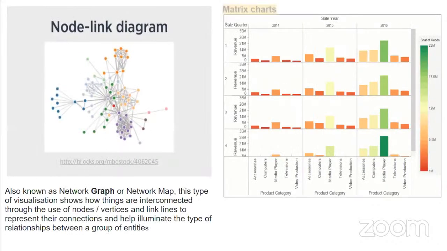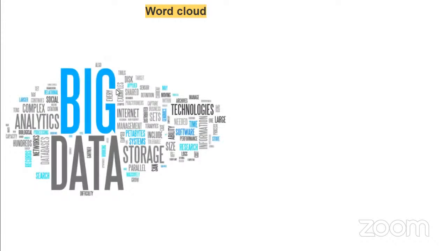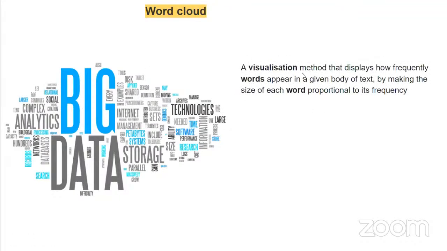So those are the network visualizations that we have, the node link and the matrix, and then the other one we have is the word cloud. A word cloud uses words to display the information that we want. It's just a bunch of words, and the more times a word appears in the list of words or in the article that you have, the more prominence it has, and the bigger it is. So it's a cloud of words, a collection of words in which the number of appearances for a particular word determines the size it will have in the word cloud. So it displays how frequently a word